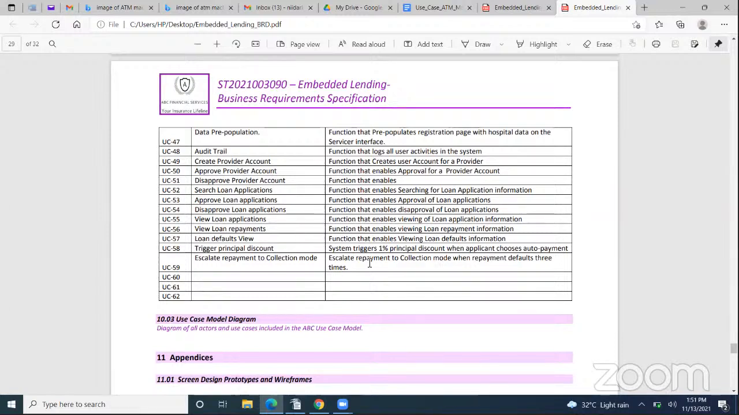The next task will be the creation of a provider account, which should be a function that enables the provider to initiate an account creation for himself. And this will be authorized, completed or approved by the administrator or the servicer in the offices of ABC Financial Services. Then the next will be an approval of the provider's account, which I just spoke about,